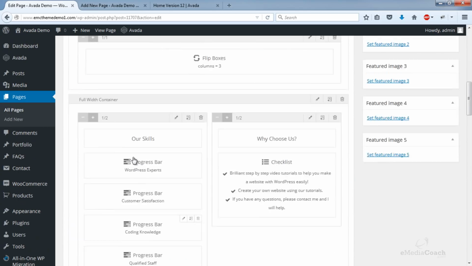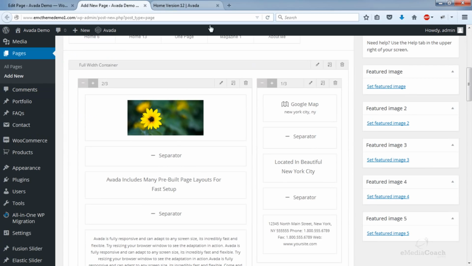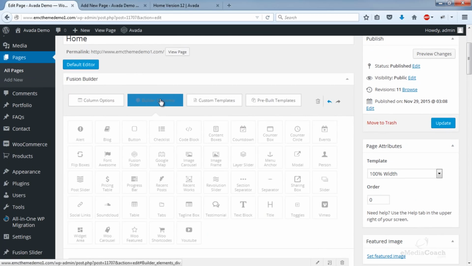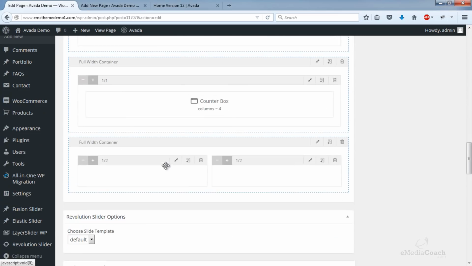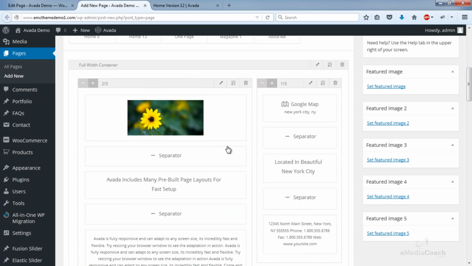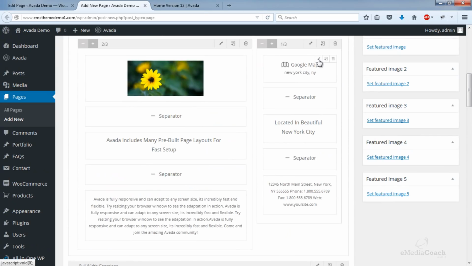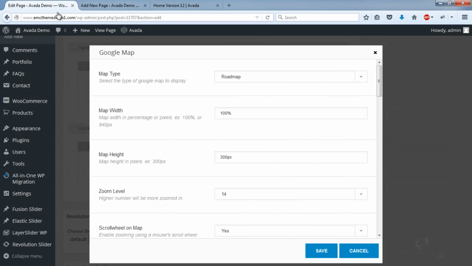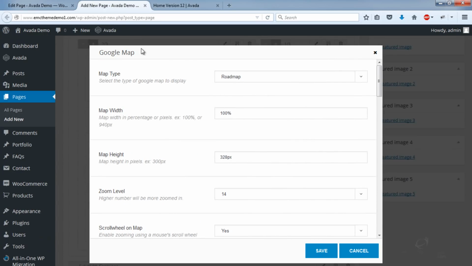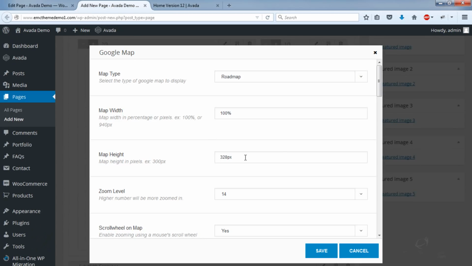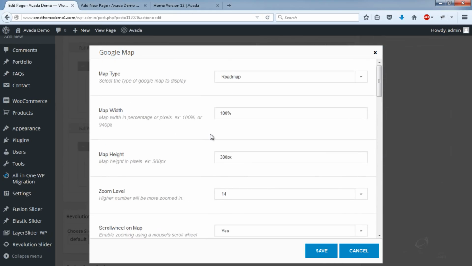Okay, so I need to add Google Map. And start configuring that. Okay, I'll just make sure the settings are the same. The height, it's slightly different, but you can set that to whatever you want.